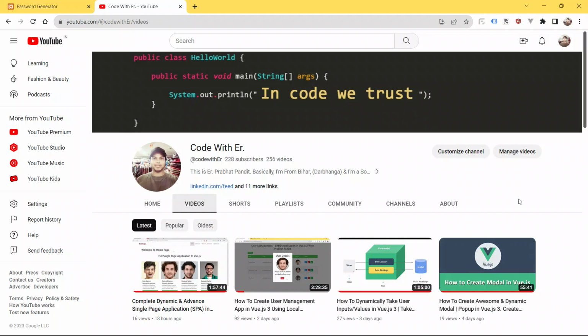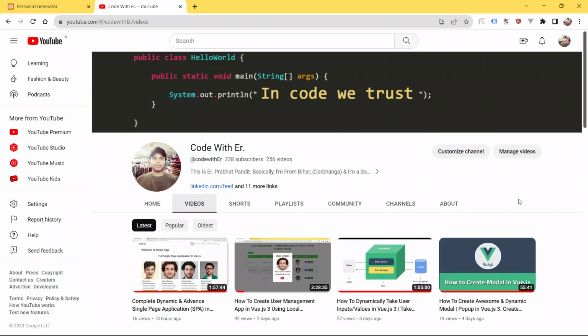Today in this session, we are going to learn how to create a password generator application using Vue.js.